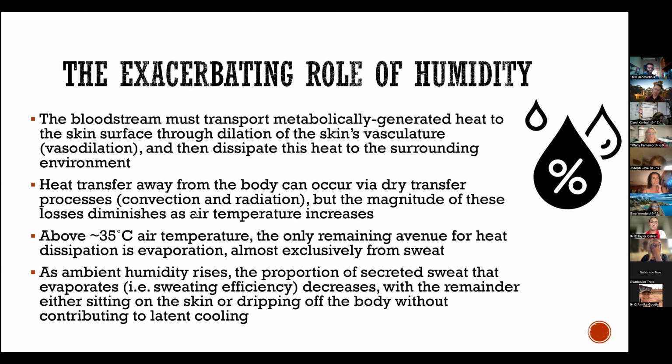But it's really about the reduction of the contrast between inside and outside the body in terms of level of moisture, and that will just reduce the efficiency of this evapotranspiration. And another thing to know is that above 35 degrees Celsius, which is like 97, I think, Fahrenheit,